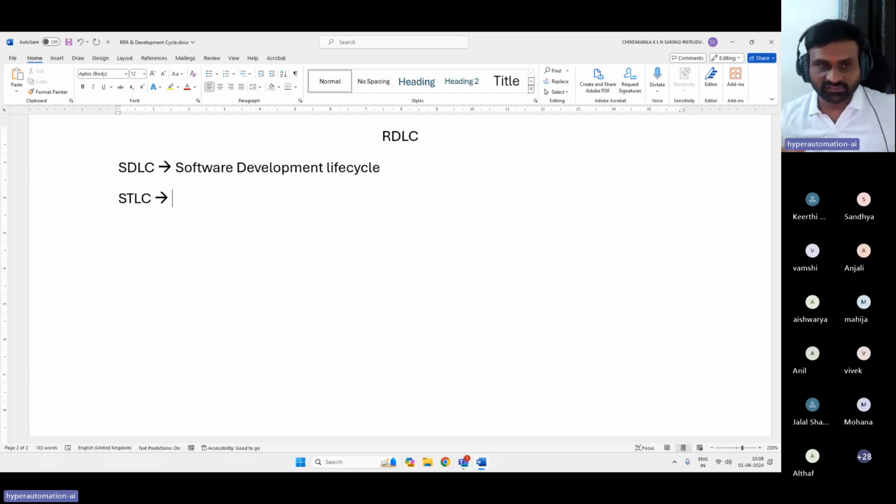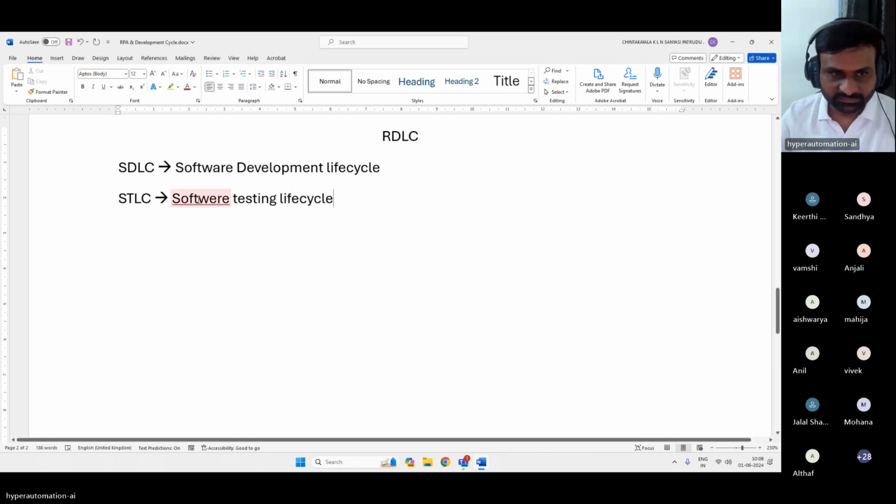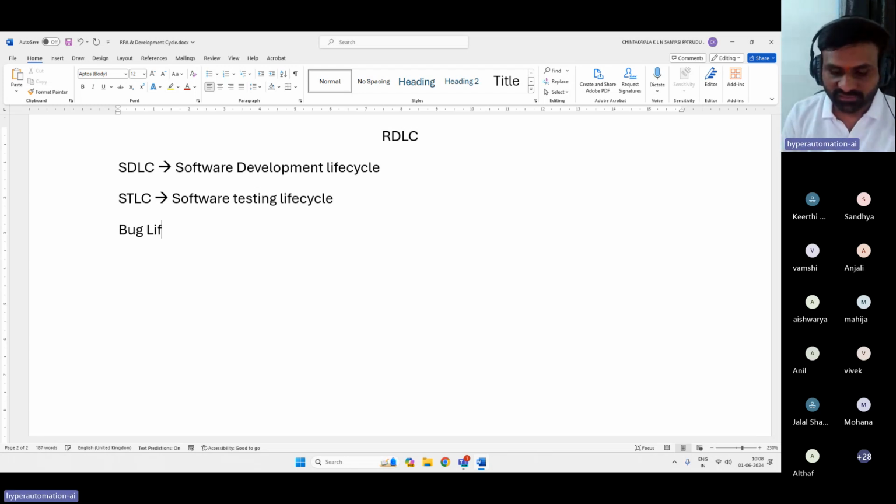What are the different life cycles we have? Software testing life cycle, right? We have this as well. And what else? Bug life cycle. Do we have this? Bug or issue life cycles?